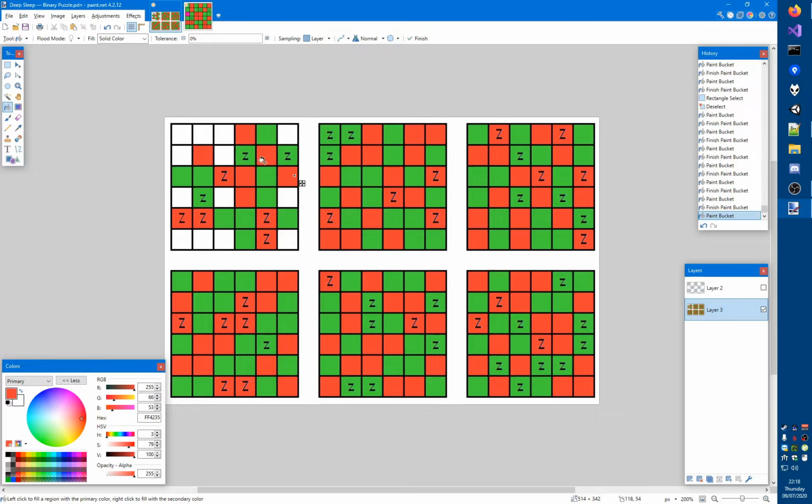Column 2, look at this. Maybe that was already the case. No, it was not the case before the guess. So if this is green, then the second and fifth column are threatening to become equal. So let's put those in like that. So that puts a green between the red and the red between the green. And now we have